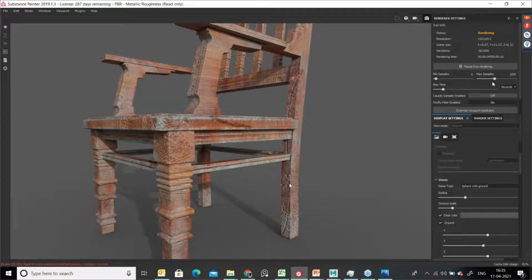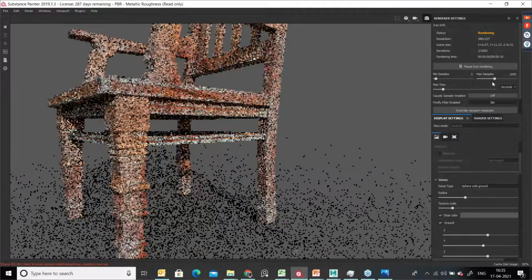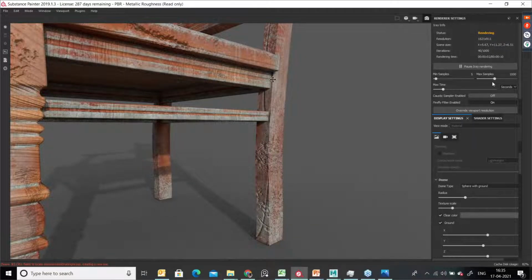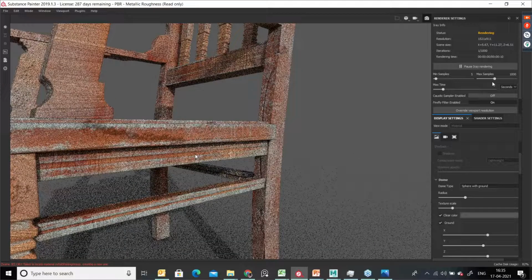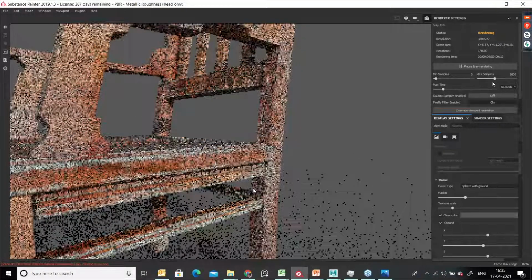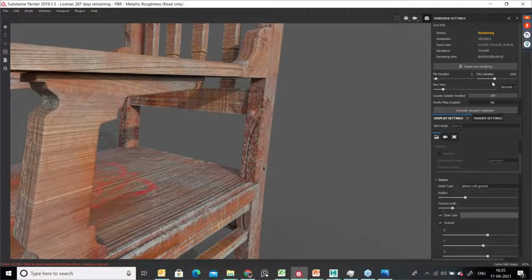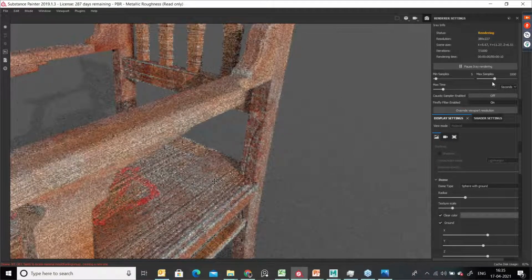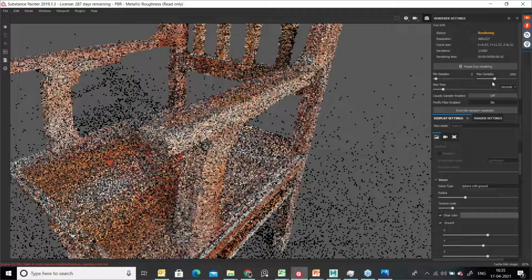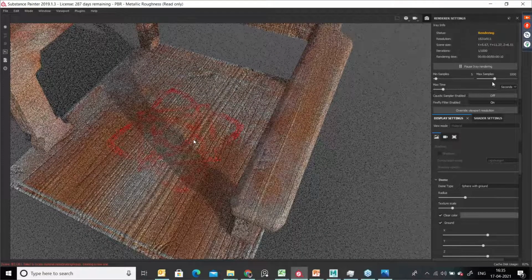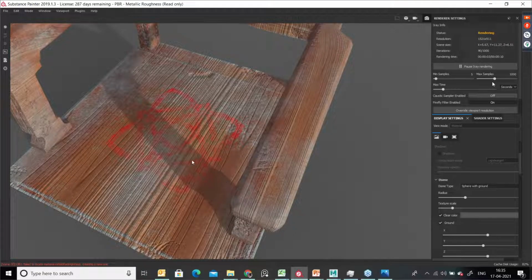Okay. See here, all the damage that we created here, everything is available. Okay, so everything is perfect. See here, we got the stroke. Everything is nice. Even here in this area, we applied some dirt or some logo and all. See here, it's very clear.